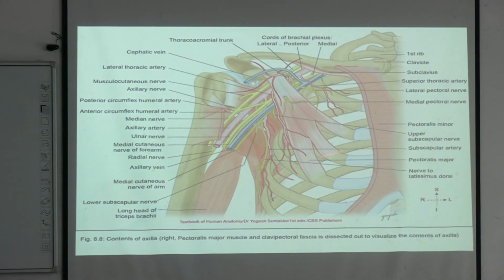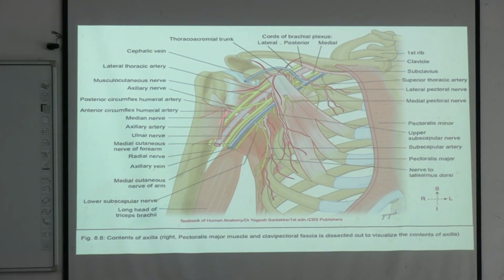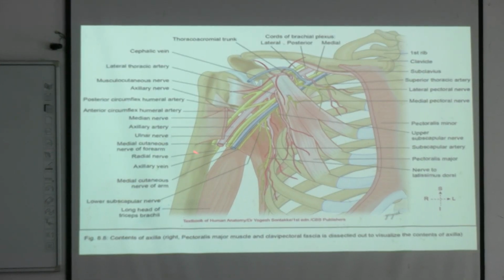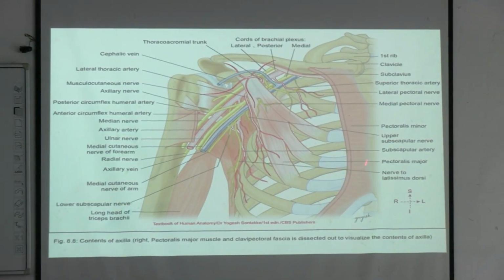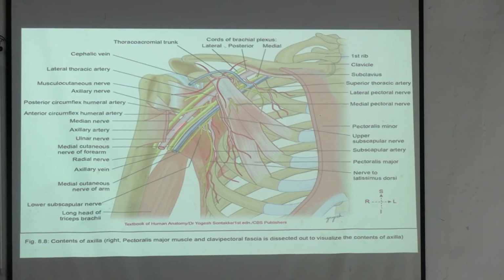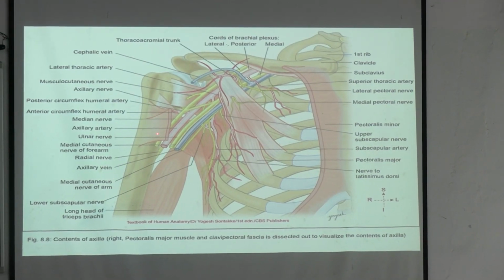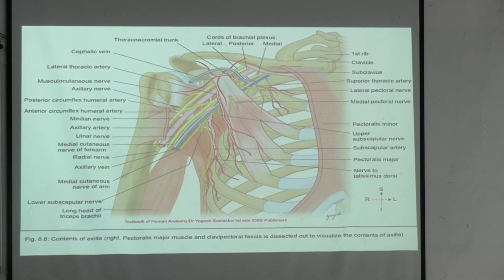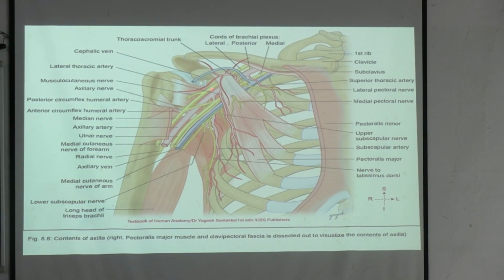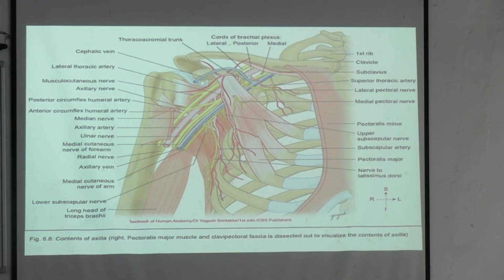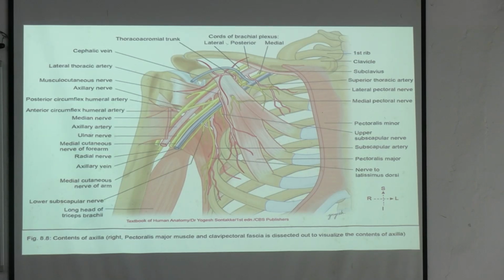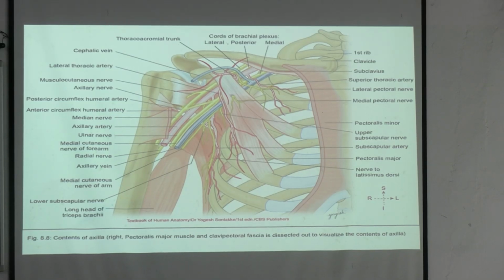You will see two roots joining together and forming a single thick cord-like nerve, that will be the median nerve. It will lie lateral to the artery. In between the artery and vein, at a superficial plane and more medially, will lie the medial cutaneous nerve of the forearm. These points you write down. The median nerve is formed by joining of two roots, and it will lie lateral to the axillary artery. Write down this sentence in your copy.